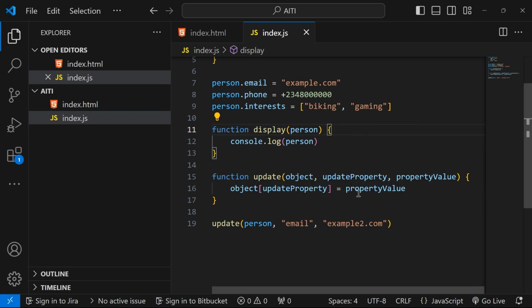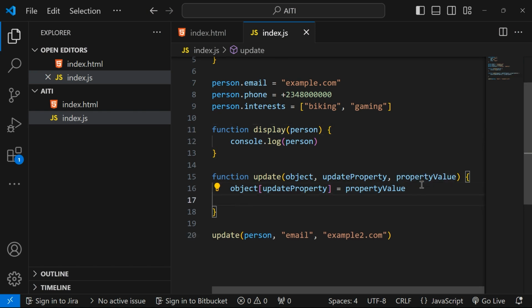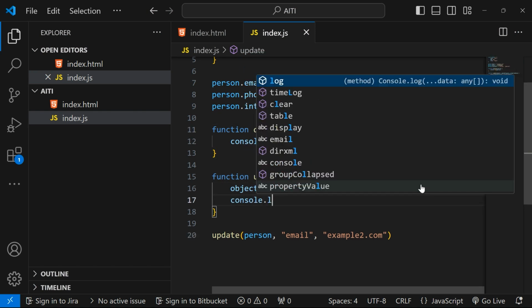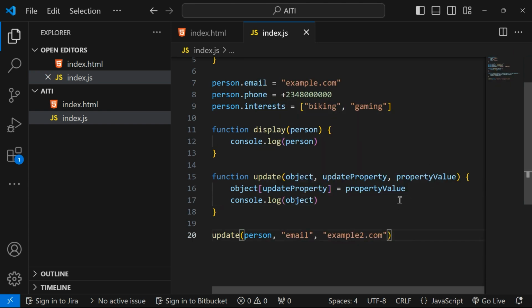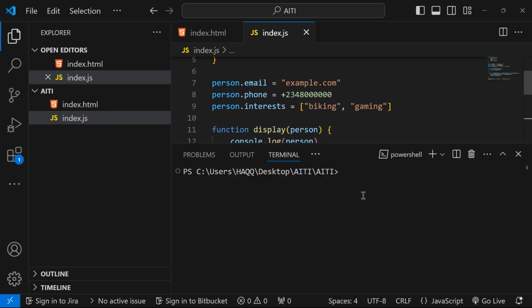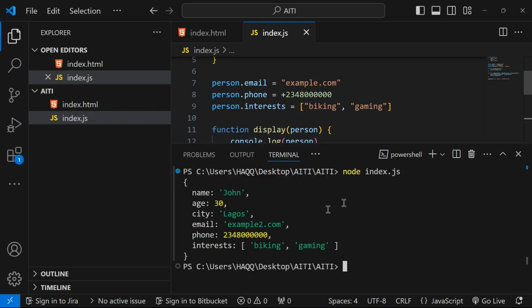So to see the object, let me just do a console.log and I'll pass in my object. So when I run this using node index.js, we can see that the email has changed from example to example2 using